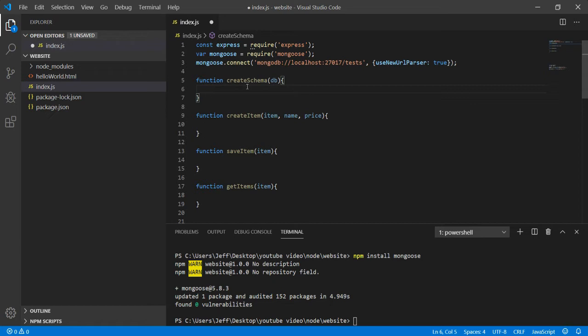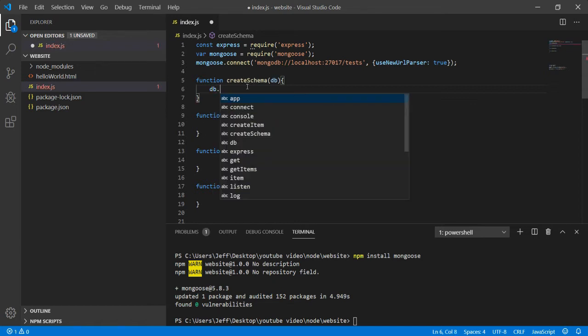It is basically an object that will hold whatever you tell it to hold. How I look at it is it's almost like a JSON object, but not quite. Instead of a relational database that has rows and columns and everything separated via tables and connected by keys, Mongo just uses objects. So now that we're inside create schema, we're going to go